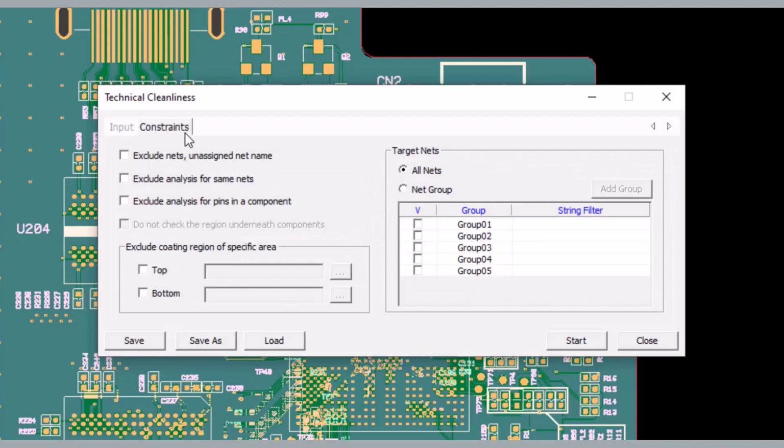Let's explore the Constraints tab. Here we can define the nets for which the test will be performed. The first option we have is to choose to exclude nets without a net name. Then we could exclude nets with the same voltage or signal because this might not cause any electrical issue. We can also prevent analysis between pins of the same component, but still perform the test between pins and other